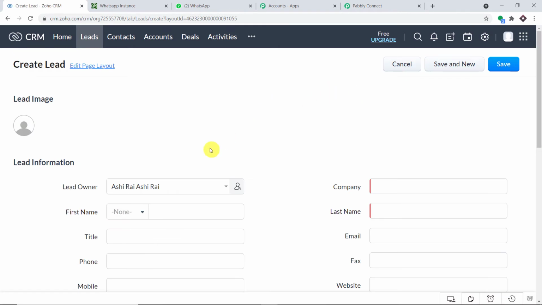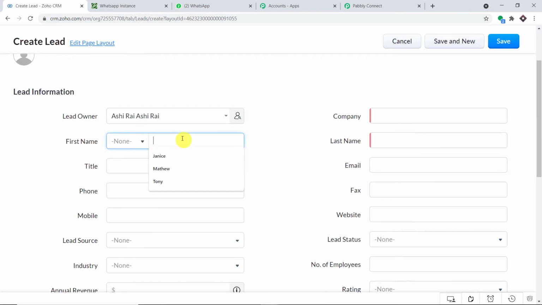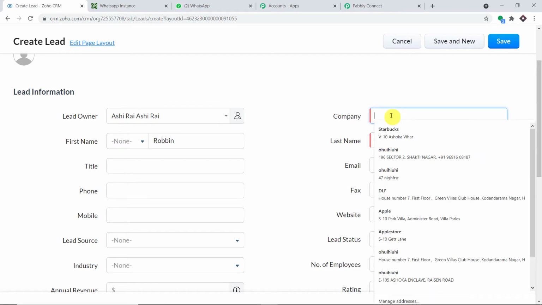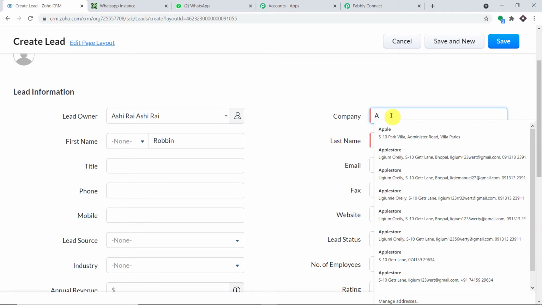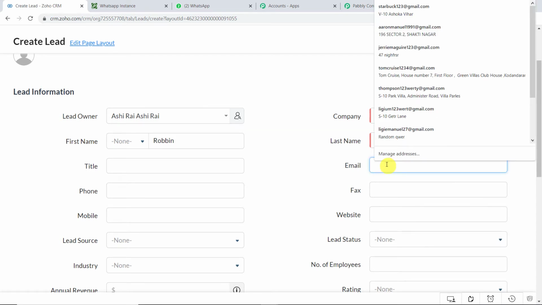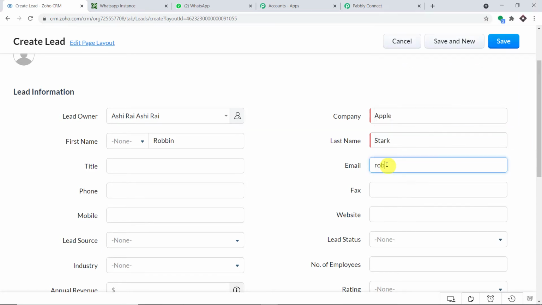Okay, so these are the details. We have a first name as Robin, and then we have the last name as Stark, Robin Stark. The company he works for is Apple, and this is the email address of Robin, robinstark34@gmail.com.